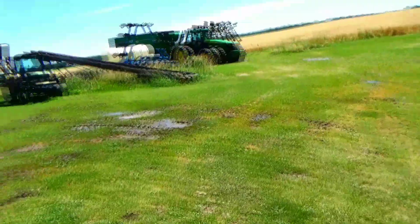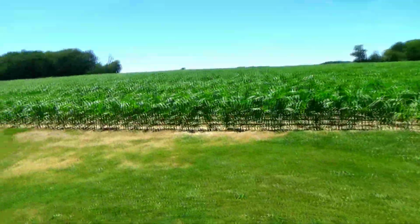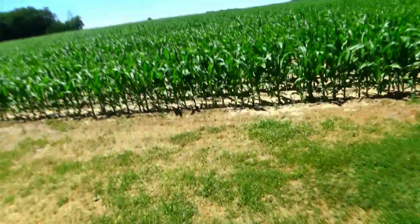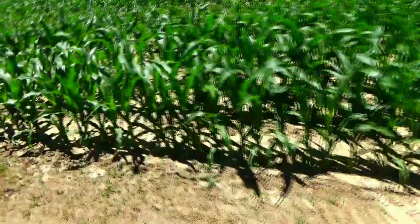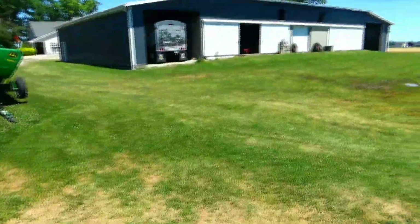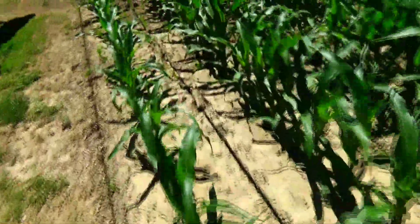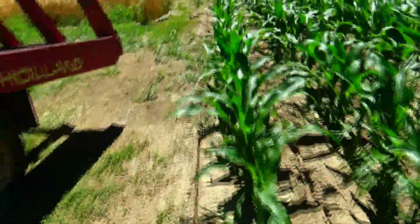Got a little water last night. That's actually a fair amount of water. Corn's really liking it, but the ground underneath it is dry. So come to think of it, that could have been from a hose as well. So this doesn't look like we just got a lot. I think we got a little shower maybe, but